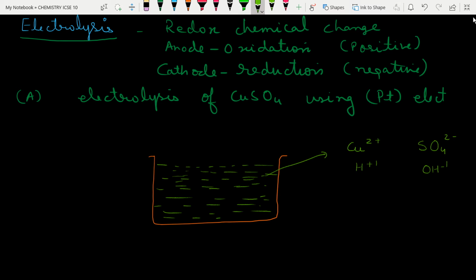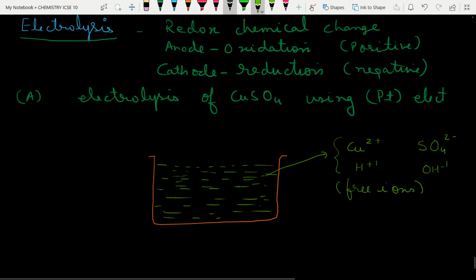We know that when water is added to copper sulfate there is a formation of ions. By ionic dissociation, copper sulfate dissociates to give Cu2+ and sulfate 2-, and water shows ionization. So there are free ions. Now these free ions will conduct the electricity. So let us bring some electricity here.